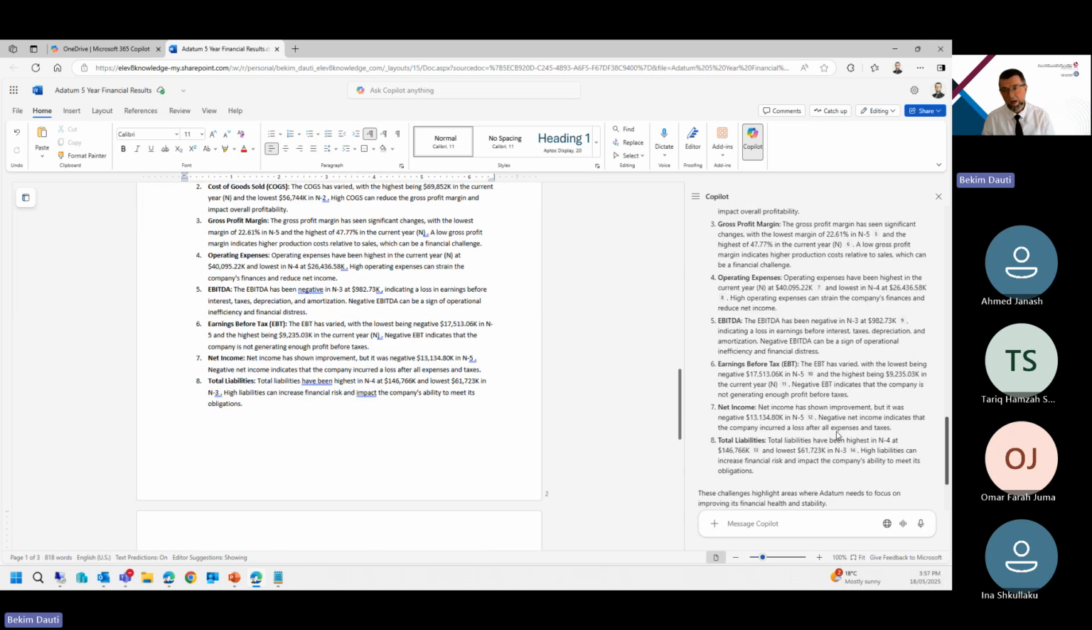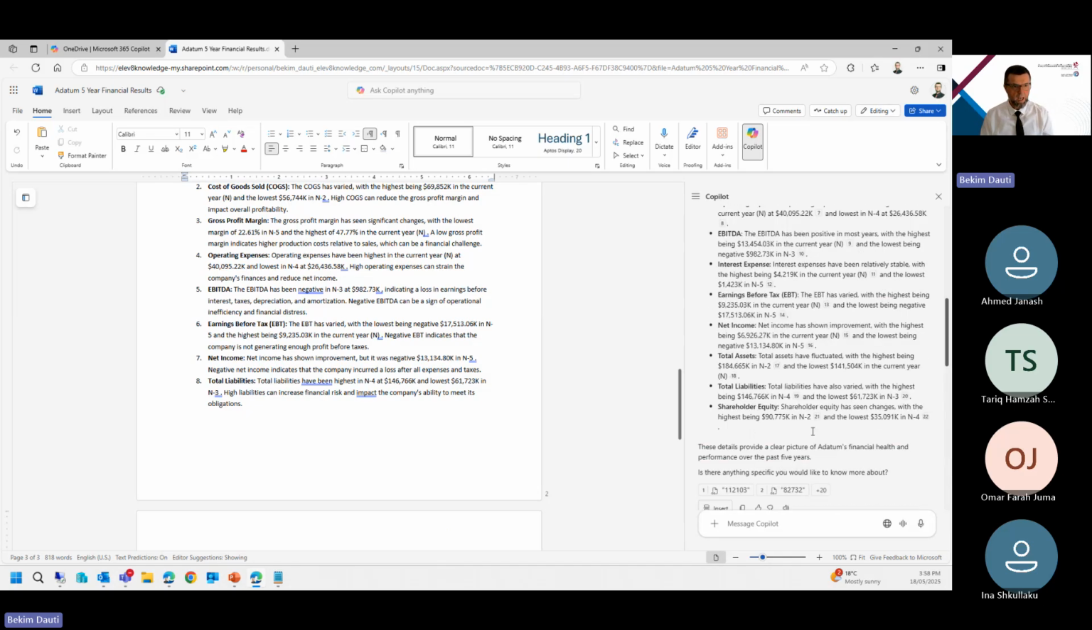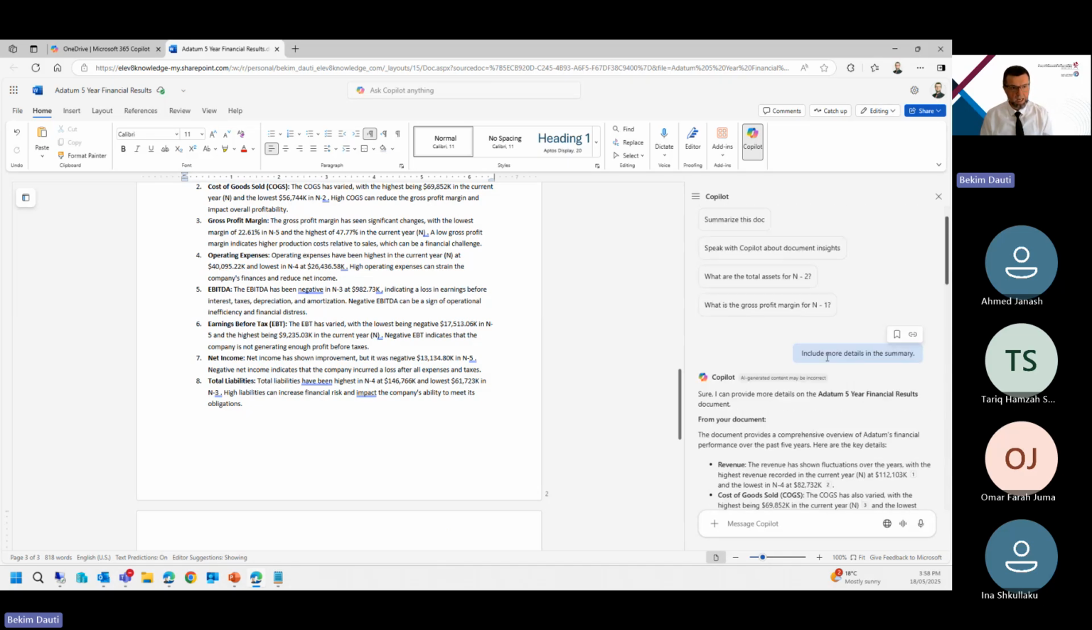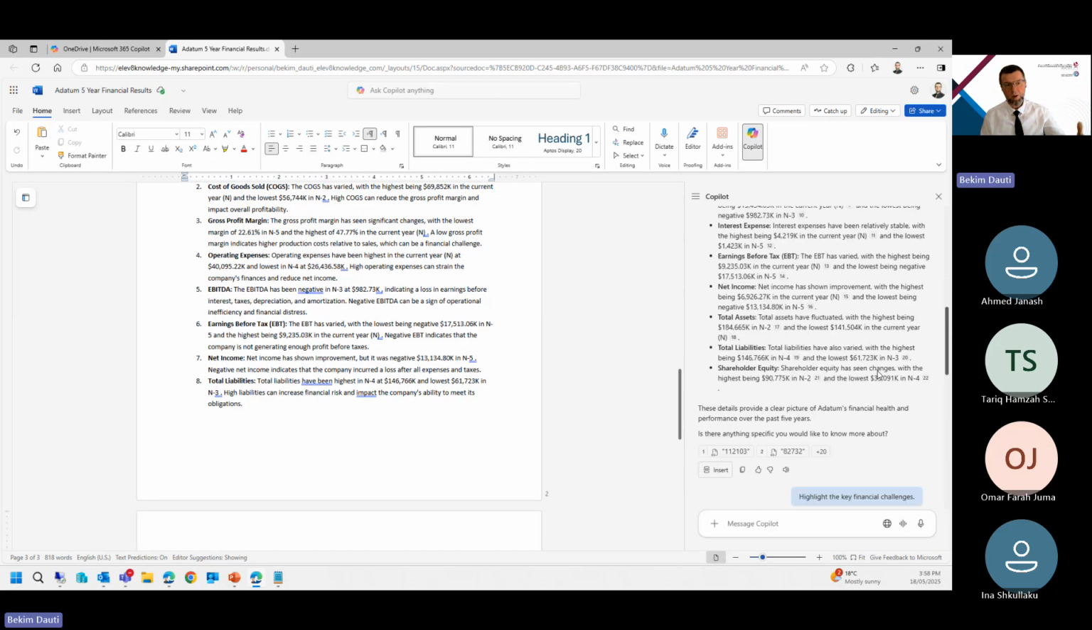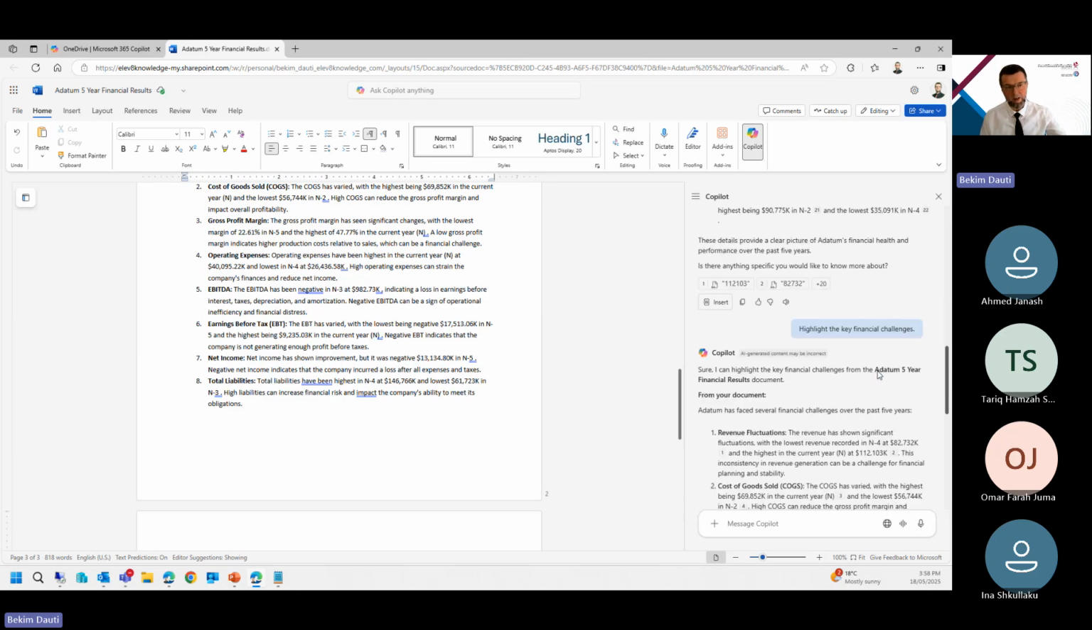So far, as we can see, scrolling up in here, in blue colors, include more details in the summary. There used to be a work by Copilot, so I want to actually add a little bit more details within the summary. Highlight the key financial challenges. Yes, and that was another explicit